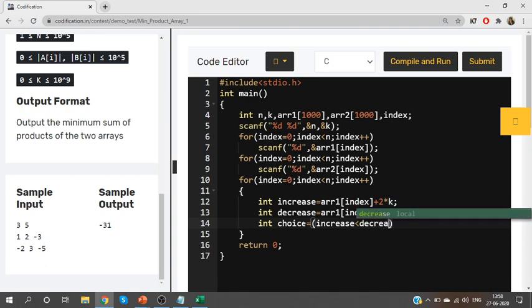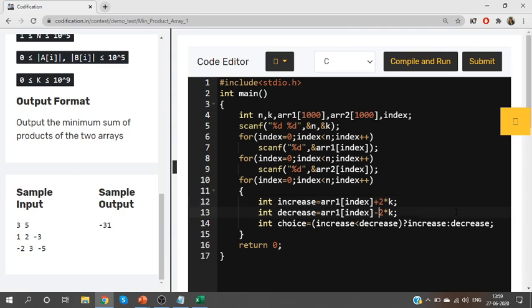Increase less than decrease? Okay. See which one is lesser. If the condition is true, increase is lesser. If the condition is false, decrease is lesser. Clear? So calculate what happens if I increase the value. Calculate what happens if I decrease the value. Whichever gives me a lesser output, I'll choose that. Or if you want to implement those four scenarios, you can implement it. No fixed rule for coding, guys. You can code it however you want.